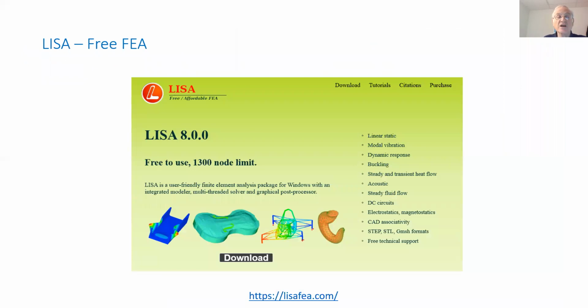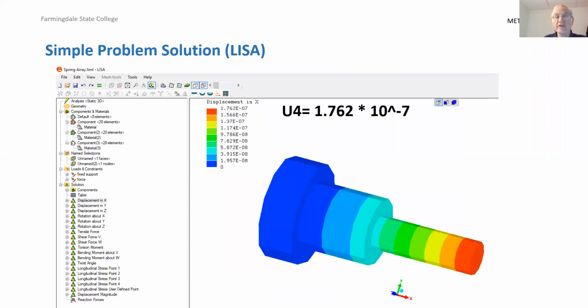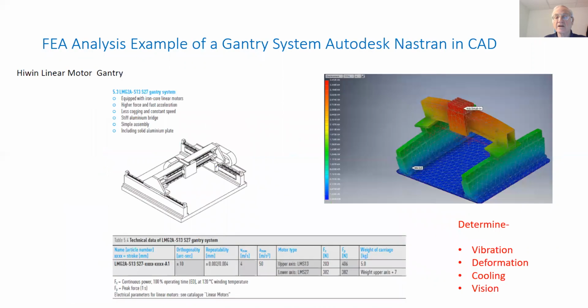We can also use an online free finite element analysis tool. You click on this, lisafa.com, and you get up to 1,300 nodes free capabilities. You can have different configurations and find the various parameters such as natural frequency, deformations due to thermal loads or static force loads. And we can also use the system to determine the formulation of a more complex system.